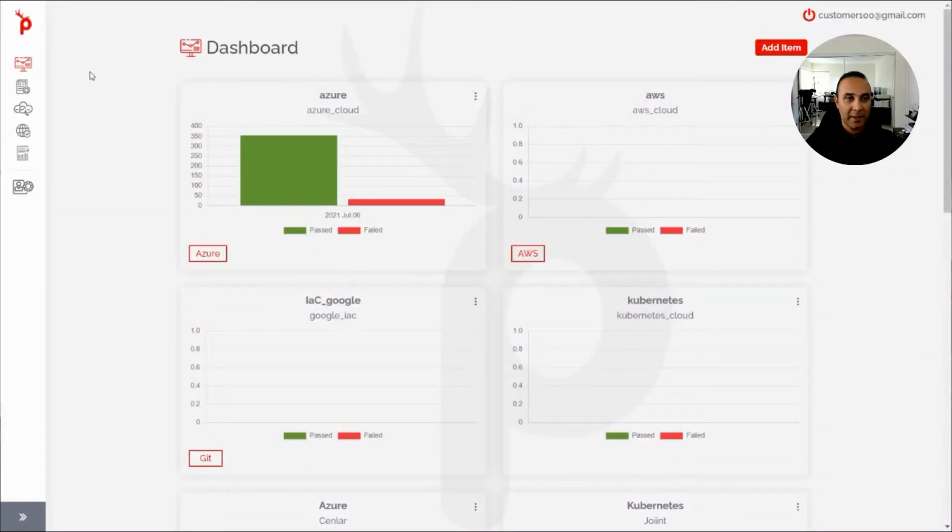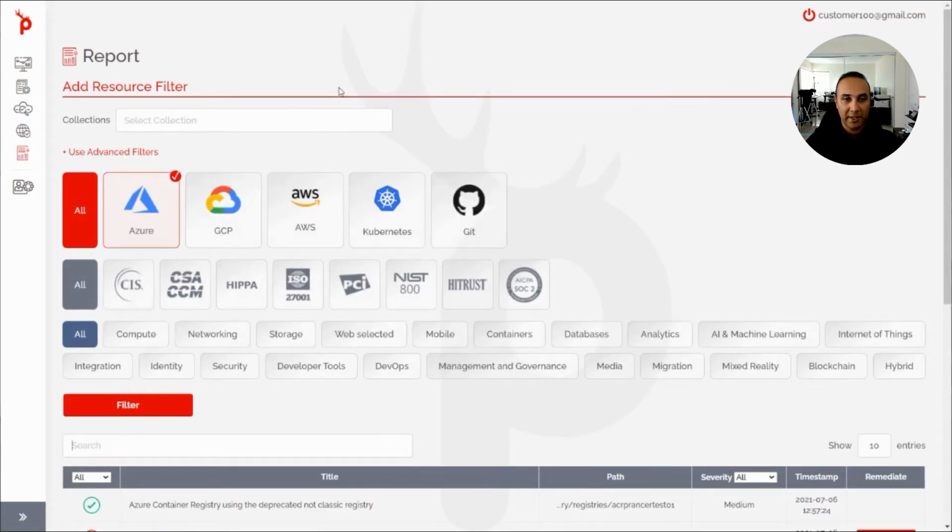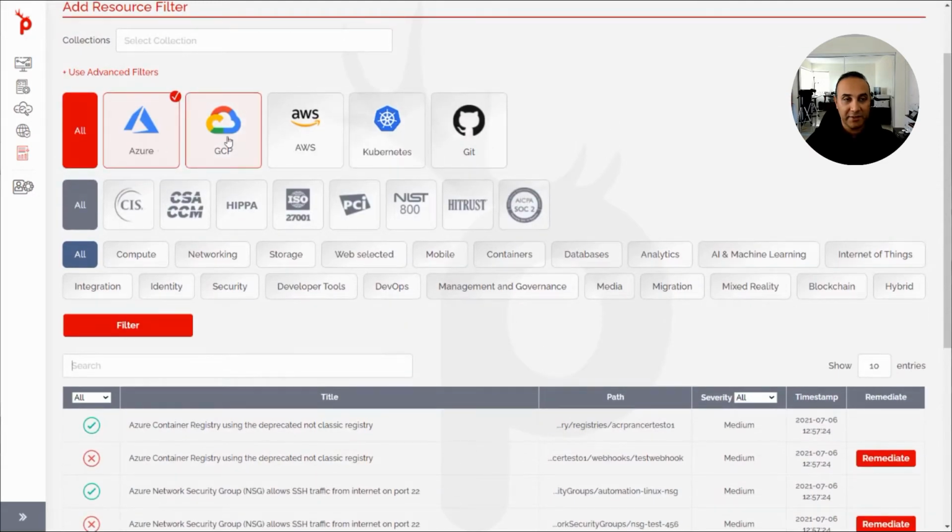On our platform, when you log in, you can click on the report icon on the left pane, and then the report page comes up. We have different filtering features, for example, the cloud that we are supporting: Azure, GCP, AWS, Kubernetes environment, and also Git repositories. You can also filter the result based on the compliance that you're looking for, and based on the selection that you have in the first item, you can have further filtering capabilities in the last